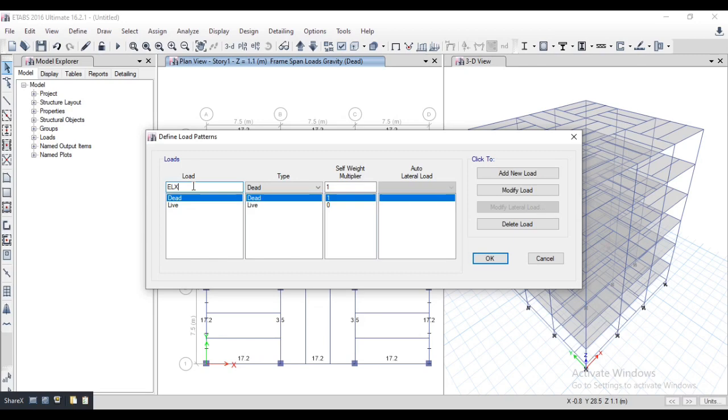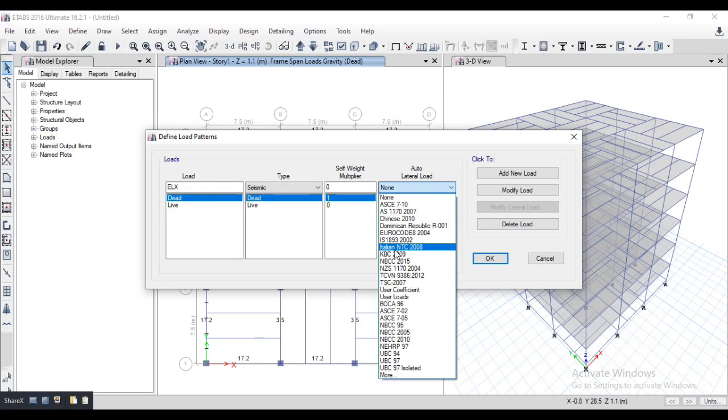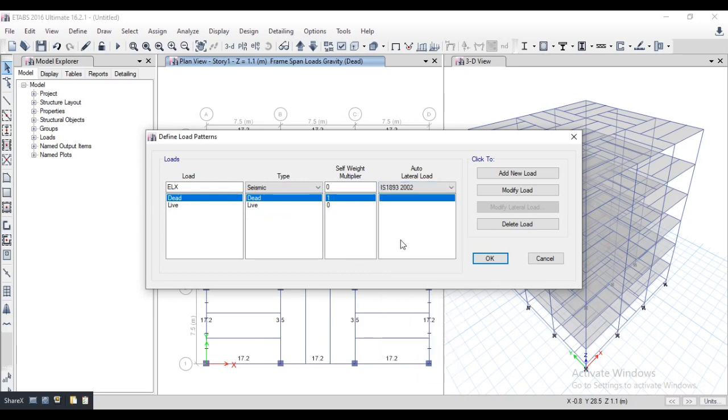I am taking earthquake load in plane direction. The plane direction means X and Y, and the Z is our vertical direction. And I am also taking eccentricity. So ELX load type is seismic and I am choosing IS 1893 2002.